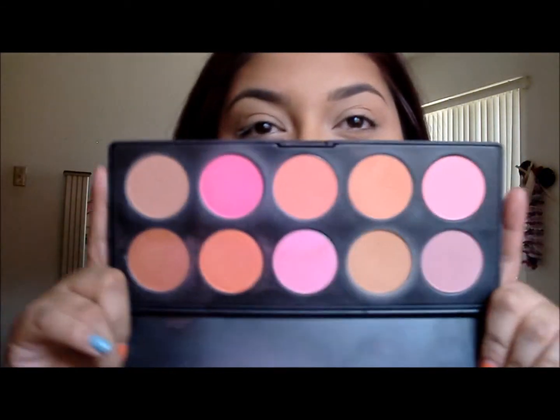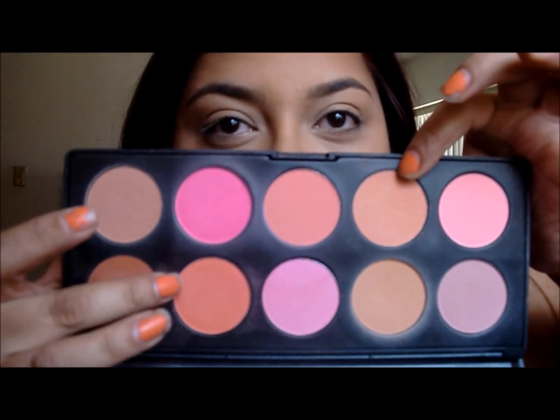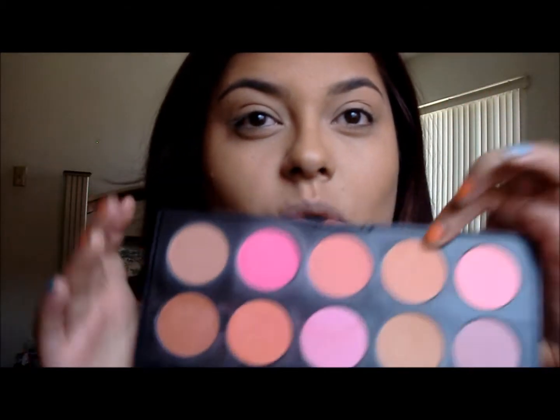Okay, so now for blush, I'm going to use my Twisted Dollz 10 color blush palette. And I'm going to mix this one and this one, both of these together to make kind of like a light orange blush. And what I'm going to use for it is, again, I'm going to use my